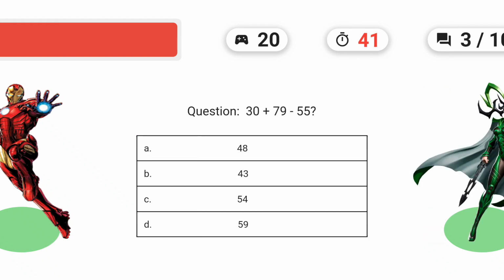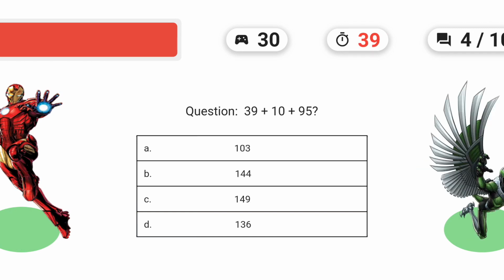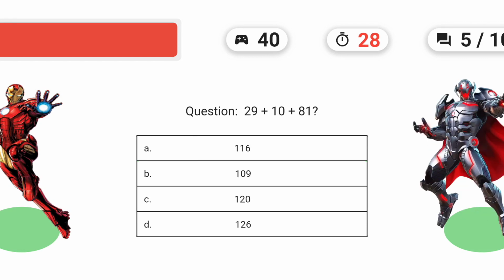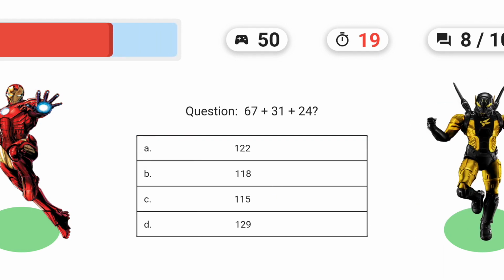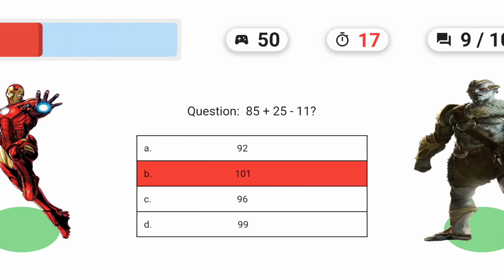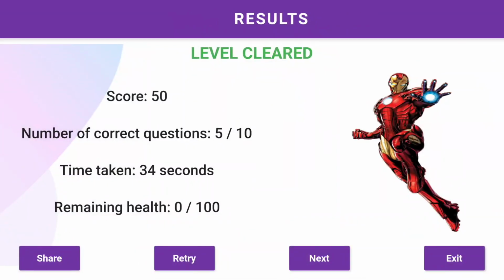So this is just playing the game. As you can see, the health bar and the number of points and the question number increases and decreases as required, as mentioned in the functional requirements also. And the monsters on the right keep increasing, giving this learning experience a gamified approach. Because I have answered 5 correct questions and have scored 50 points,